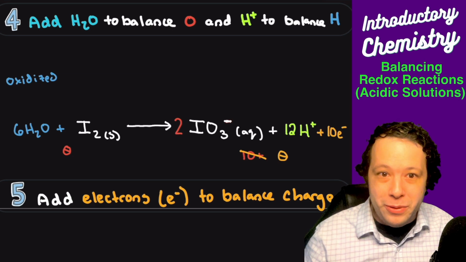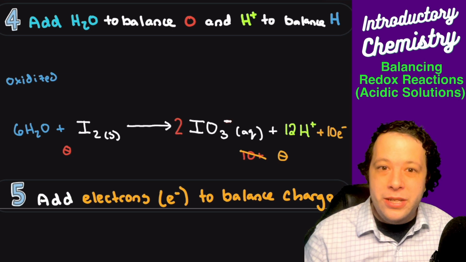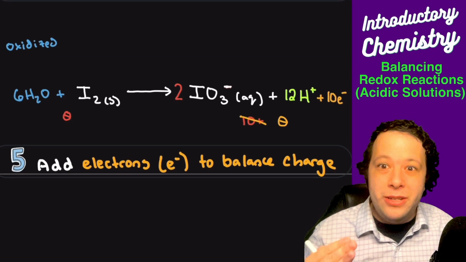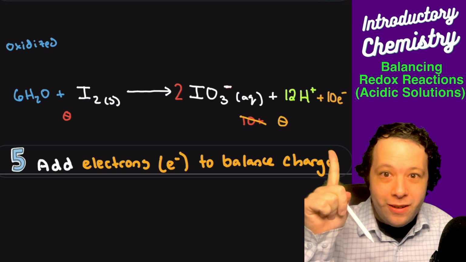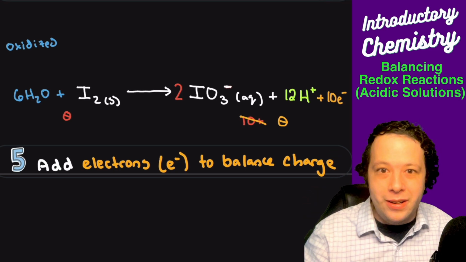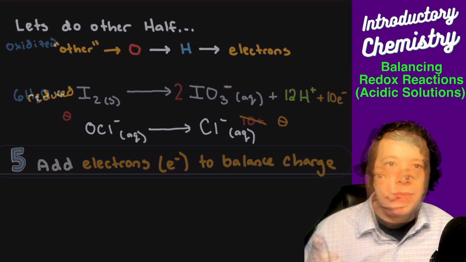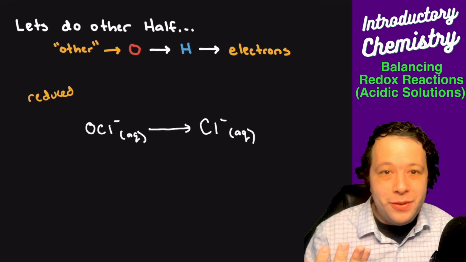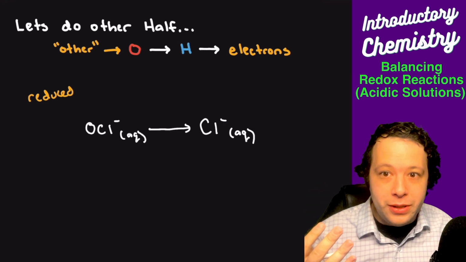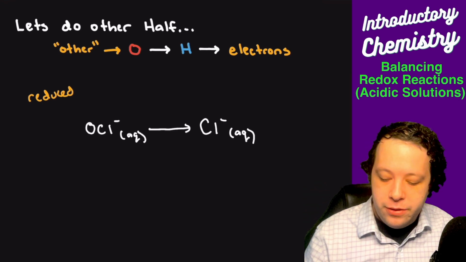Now for the next part, we're going to do this for the other half reaction as well. We completed our iodate; that's all of our steps for that part. Let's do the same thing for the other. We didn't forget about the other half reaction. I just wanted to show you one half first so we don't have a million things on the page at one time, because these are big problems.